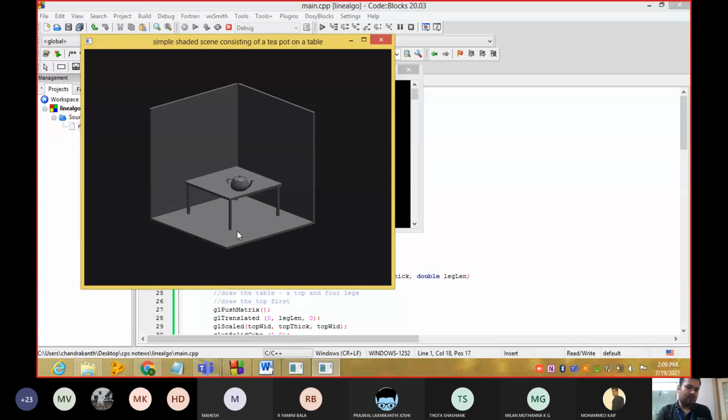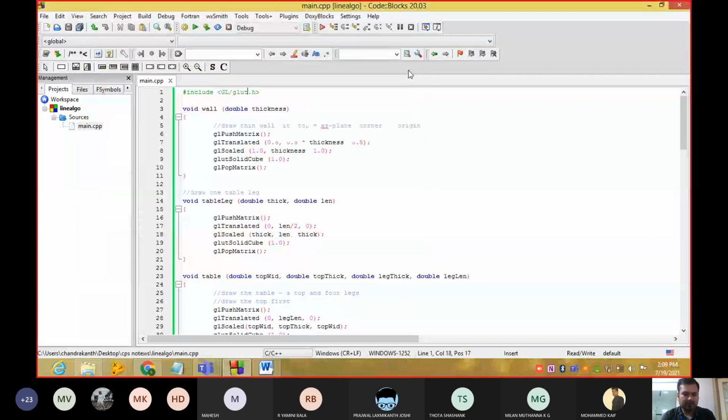The basement is also one of the walls. We are supposed to build that, and 4 table legs, and 1 tabletop, and we are supposed to place the teapot on that one. So we need 3 table walls, 4 table legs, a tabletop, and a teapot to be placed on that one. This is the requirement what we are having.